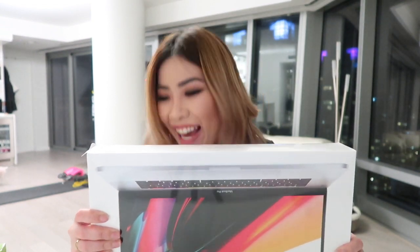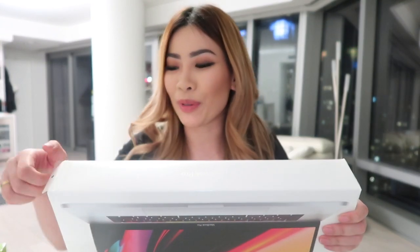Today I will be doing an unboxing video of the MacBook Pro. I actually watched a couple unboxing videos and I noticed they ripped it like here, so I'm gonna do that. I should be filming this for oddly satisfying right now. Okay, so